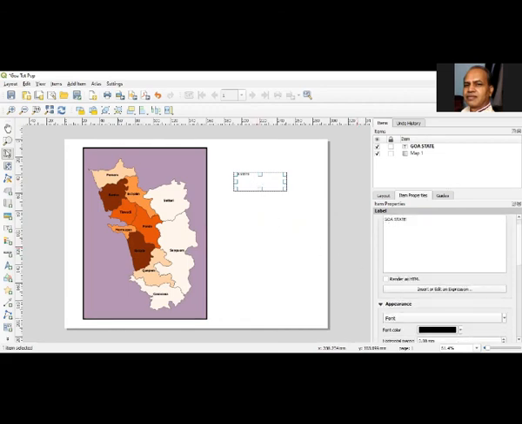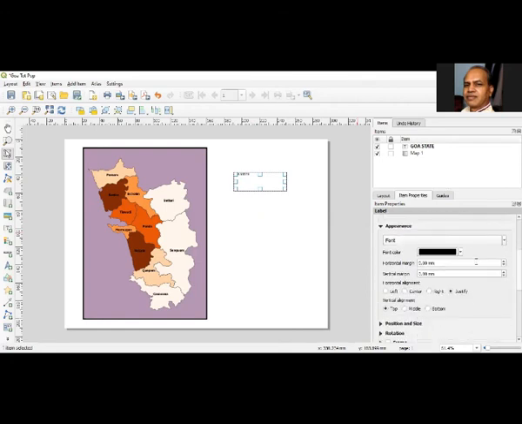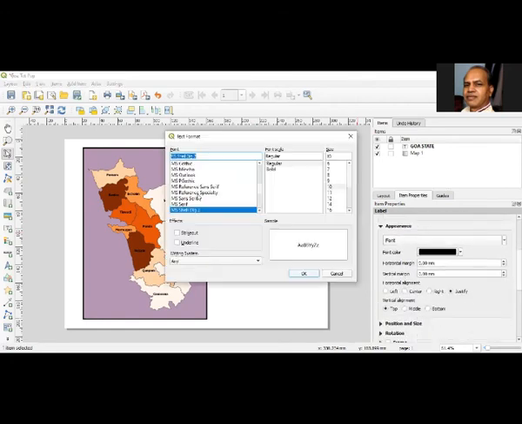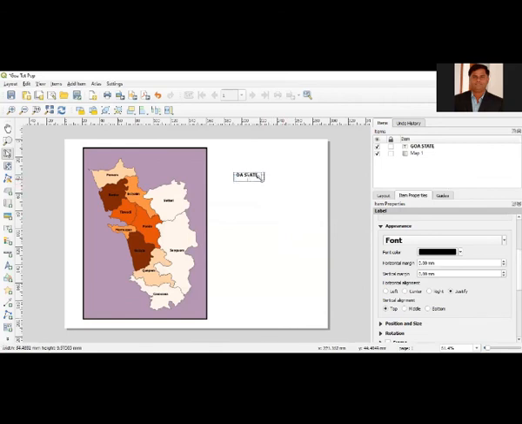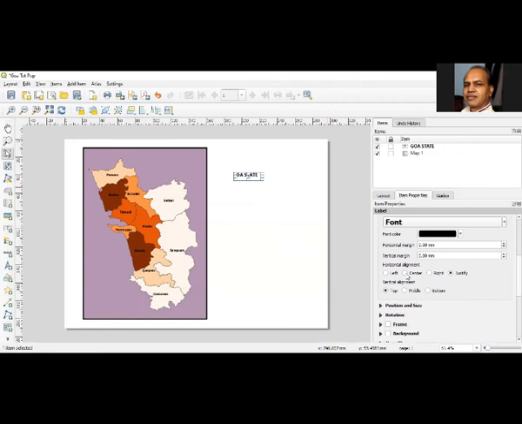Now I will take you to the fonts. I will take the font size; you can select the same one, maybe 14, or I will take the 14. If you want bold, you can make it bold. Now, if you want to put that within the box at the center, under the font itself on the item properties you have further options, and you can select the central one and put it here. Now the Goa state title is done.